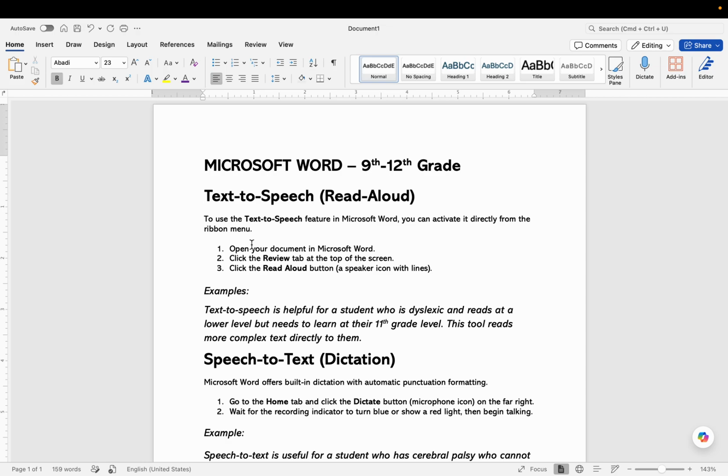Name is Hannah Sue, and today I'm going to be introducing you to two tools built right into your computer: text to speech, also known as read aloud, and speech to text, which you might know as dictation. So we're going to go ahead and get started with text to speech, which turns your computer into a personal